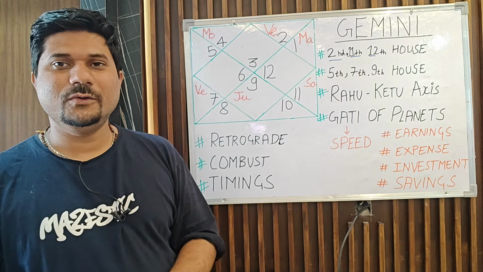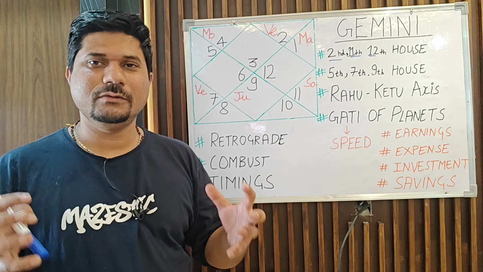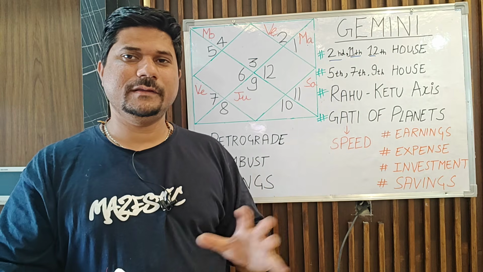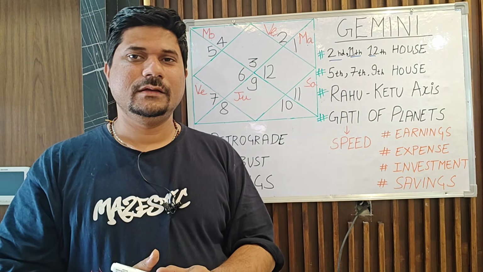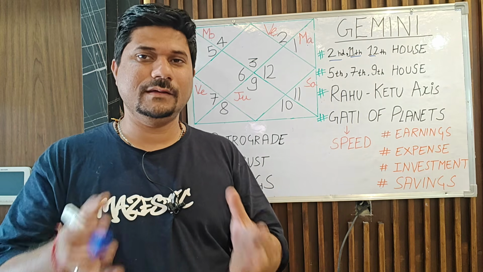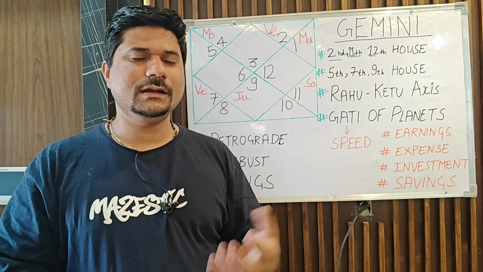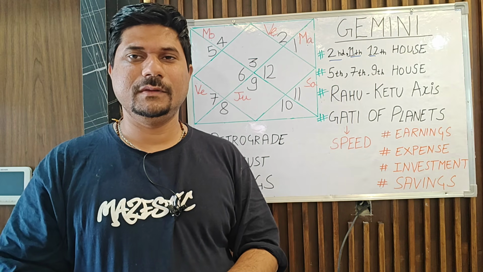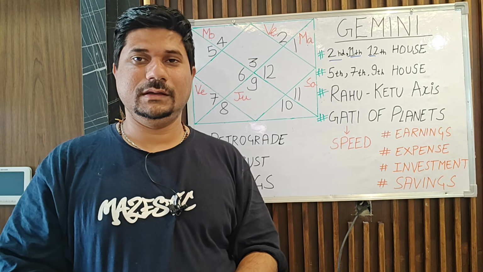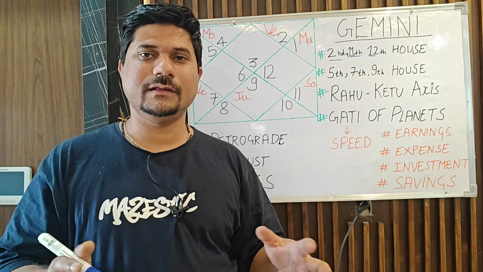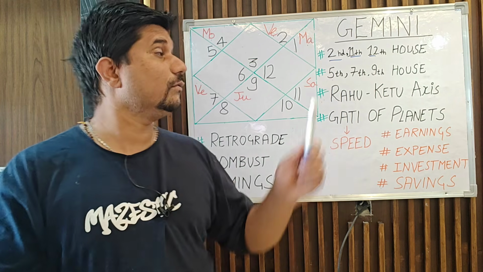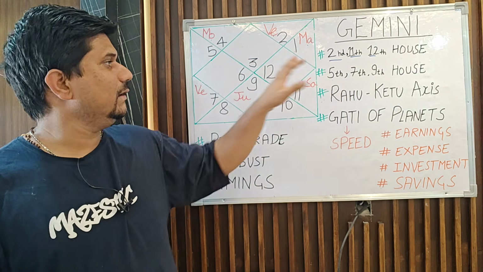And the last one is the second house, which is your savings account. Now savings simply mean where you are going to save a huge amount of money. Okay. The second house also represents the combined wealth of a native. So if you are coming from a very rich family or even from a middle class family, whatever the family assets that are present in your life, many families are doing a very good business of real estate, transportation business, maybe sometimes astrology business also. Apart from this, any medical professions, any family business or family income, combined income, or any kind of assets of the family combined is seen through the second house. Okay. Now you understand these three houses.